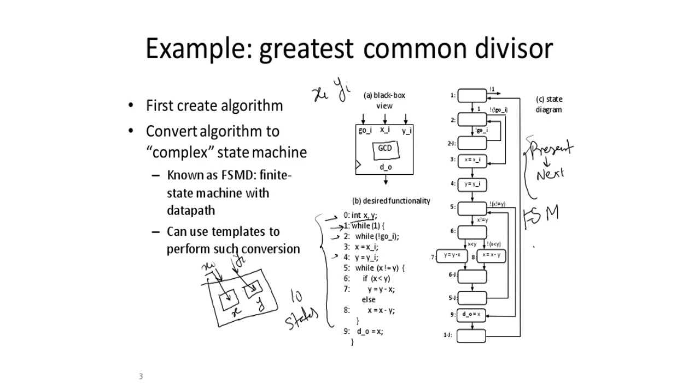In embedded system design, we have a controller as well as a data path, right? So we have to draw the control path and data path separately. All the computation will be done in the data path and all the control signals are given in the different states. That will be there in the finite state machine. So here we call it a finite state machine with data path, and we call it FSMD, right?